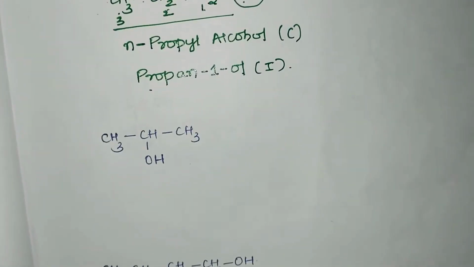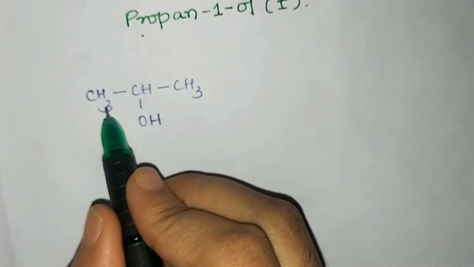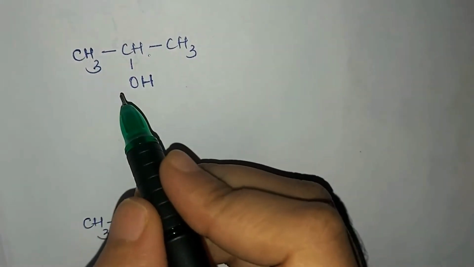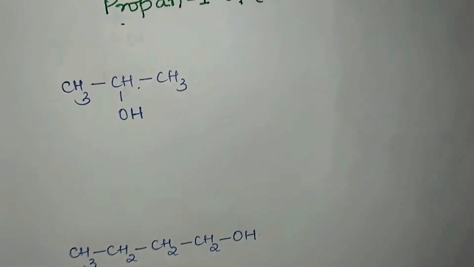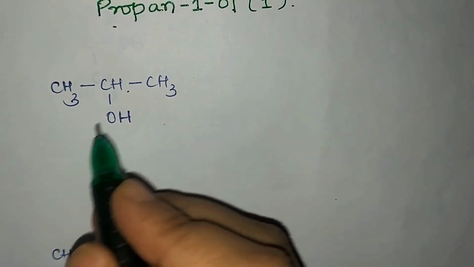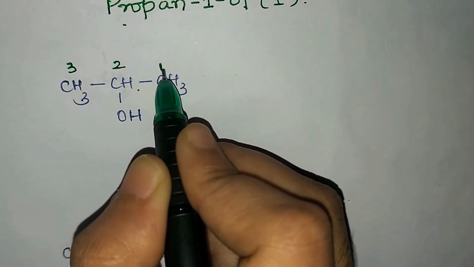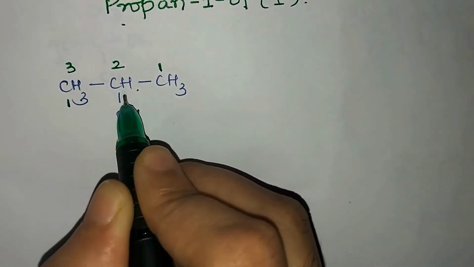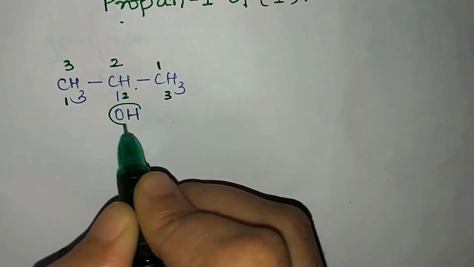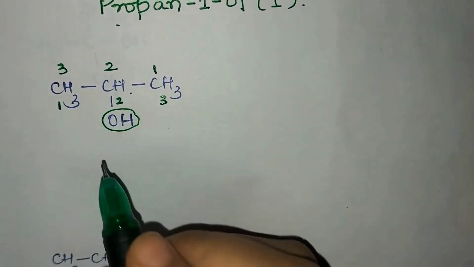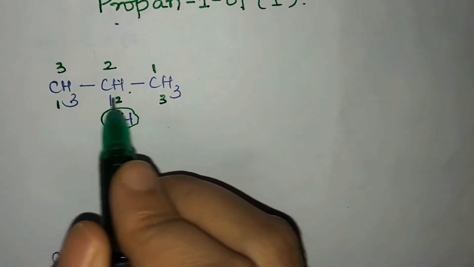Let us go with the next example. You can observe here we have a compound and OH is attached to it. You have to number the carbon chain, and based on that, first we will write the common name and then we'll write the IUPAC name. So how many carbon atoms are there? 3 carbon atoms. However you number it, the second carbon atom has the OH group. So first we will go with the common name. So what will be the common name here?